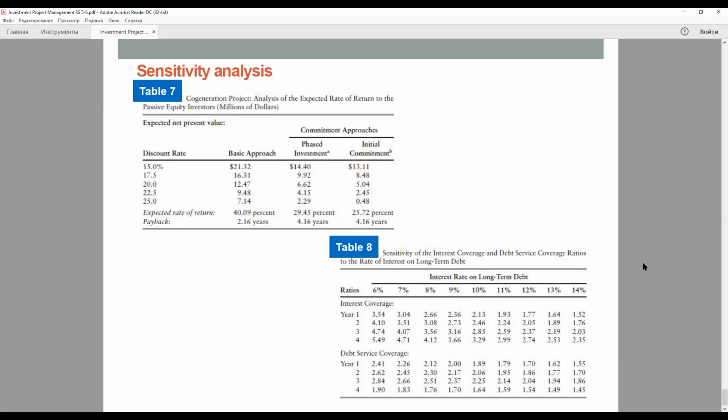The 15-year gas supply agreement eliminates gas price risk. If these contracts were not in place, then a sensitivity analysis would have to be performed for each of the factors mentioned: construction cost, electricity price, steam price, gas price, and the levels of electric power and steam output. Residual value from this. Okay, I will switch to the Excel file here.